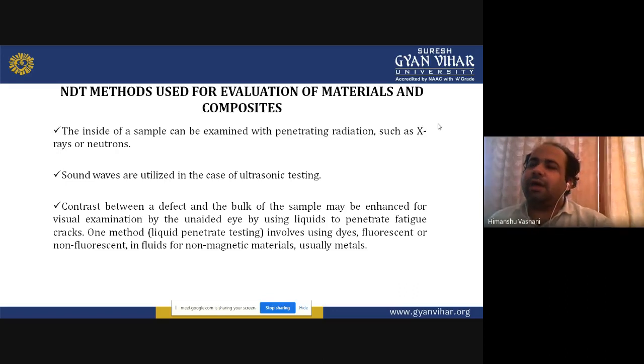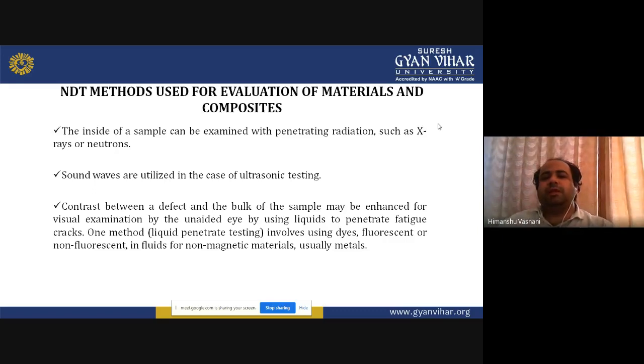And secondly, if you have more samples, more parts, more workpieces available for examination, then also instead of going for visual inspection, you should go for liquid penetrant testing, because here you can easily find the cracks or the unwanted fatigue that is not allowed on the surface. So liquid penetrant testing is becoming very famous if you go beyond visual inspection.